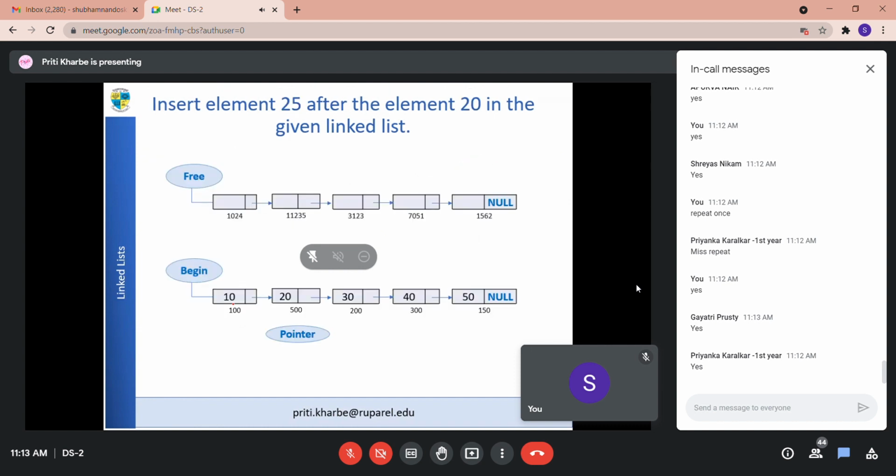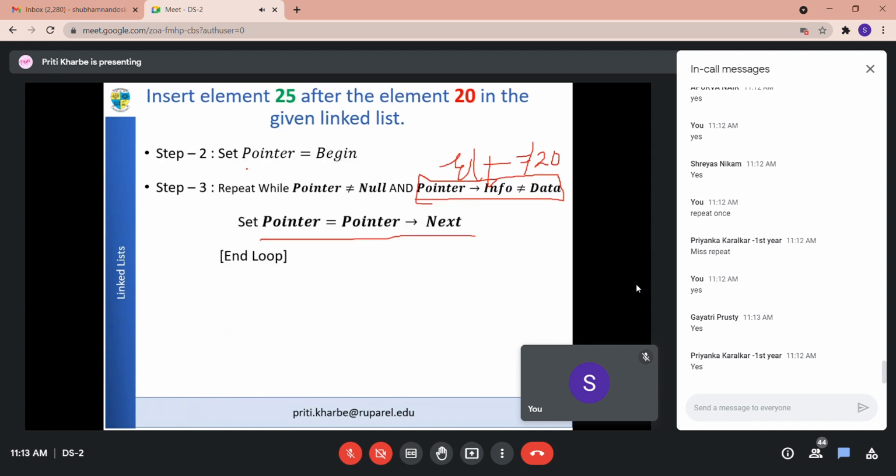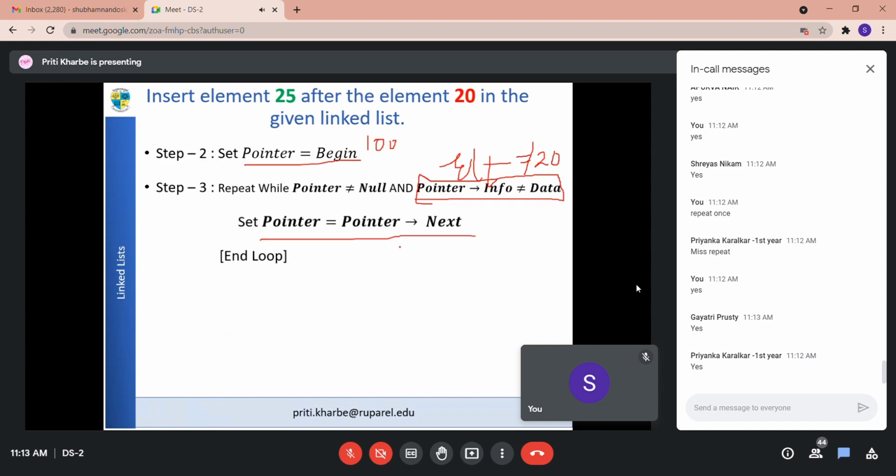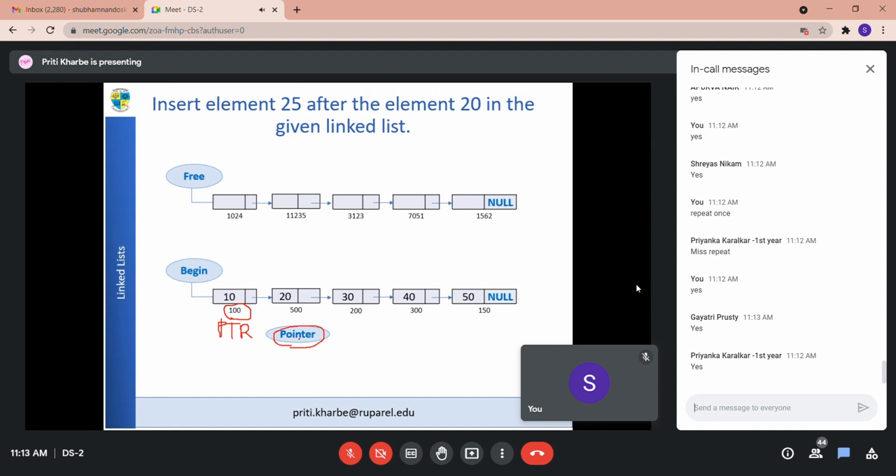So now see, first pointer's value will be 100. Always remember PTR contains the address. So PTR is 100 because you said pointer is equal to begin, and what address is stored in begin? 100. So initially PTR is 100. In the second iteration, pointer is equal to 500. So it will check the while loop's condition. Is pointer's info, pointer info means what, 500's info part, equal to data? Yes. What was the condition in the while loop?